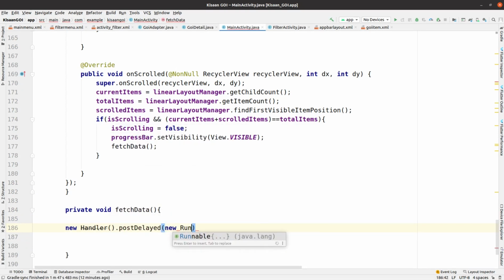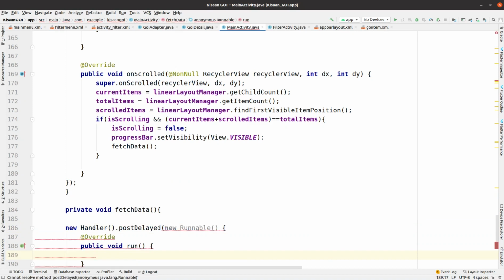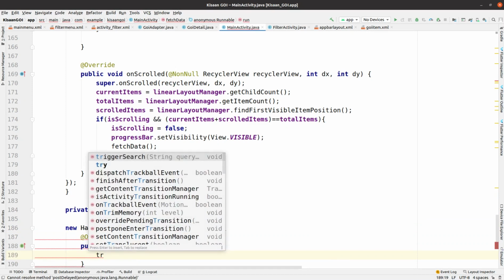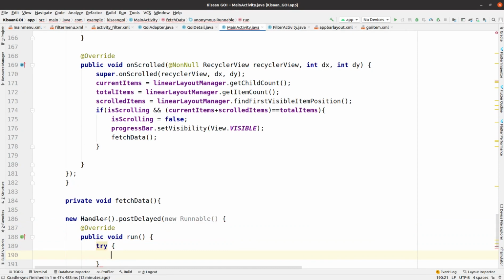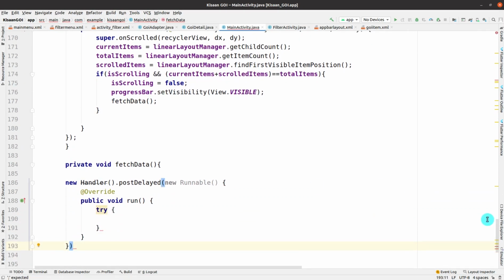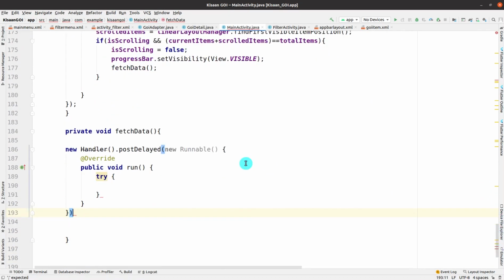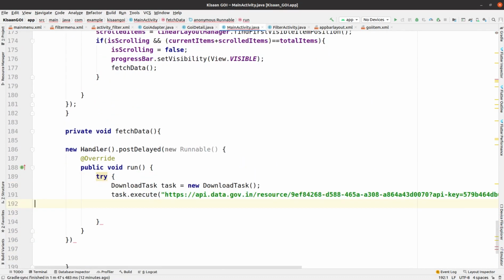So we are using post delete and making a runnable there, and within this run function we are just making a try block, and what we have to put in this try block is that copied thing that we have copied earlier. So you just have to paste it again, and now the offset will be summed by